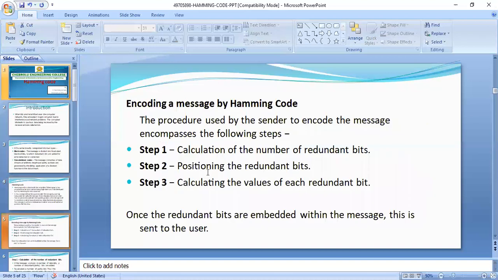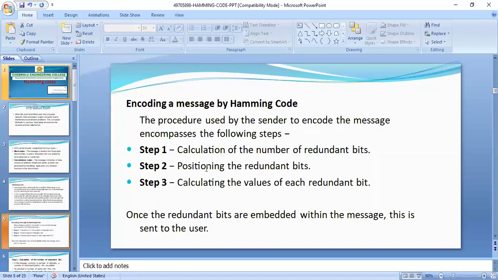Next, how to encode a message by using Hamming code. This is the procedure for encoding a message. The first step is the calculation of the number of parity bits: we have to calculate how many parity bits are required to be added to the message.